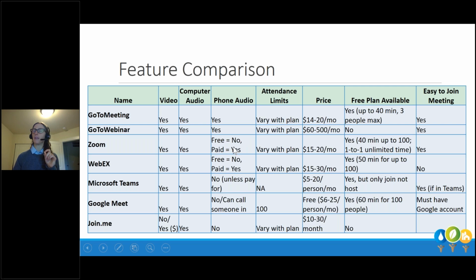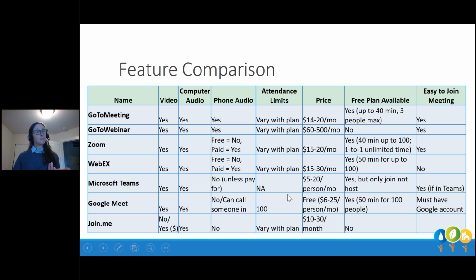The majority of them in the free version, you do not get phone. You don't get that option to come in with the free version. You're going to have to pay to get that phone feature in there. And if you're going to have any external meetings, or you have any staff that have challenging bandwidth, you have to have that phone. So in some ways you can see a lot of these platforms over the last few months got smart enough to figure that out, and they almost all require a paid subscription if you're going to use this in any kind of usable capacity that's going to accommodate larger groups.